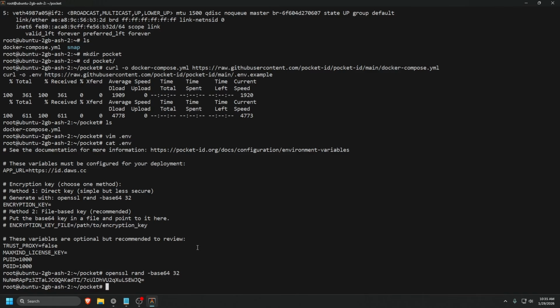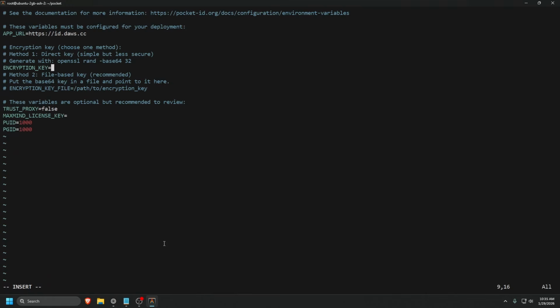If you guys do want to do the file, you can run the same command, arrow, or I believe just a single arrow works. If you do that and then just do a dot key, it'll send whatever that output is to a dot key, and then you have your file. So if you wanted to do it that way. So we're going to go ahead and make sure that is copied, because I do not remember if I copied it or not. We're going to go back into our environment file, and then let's go ahead and paste our